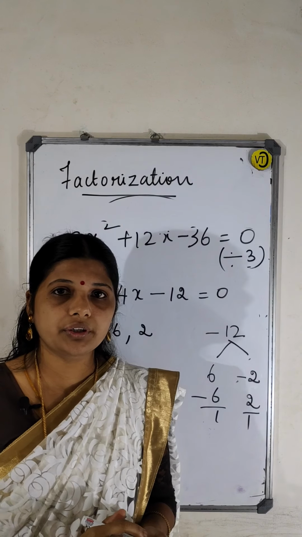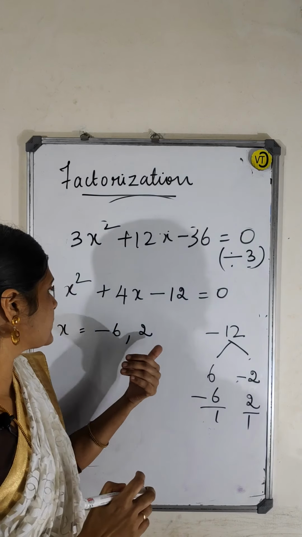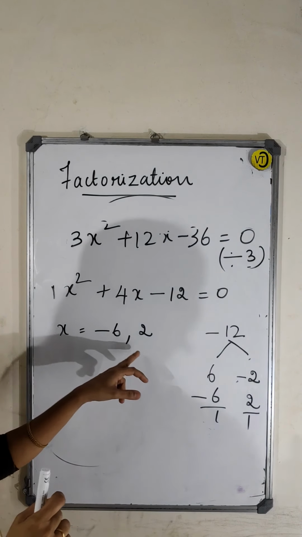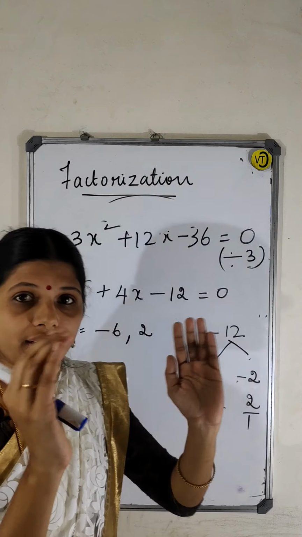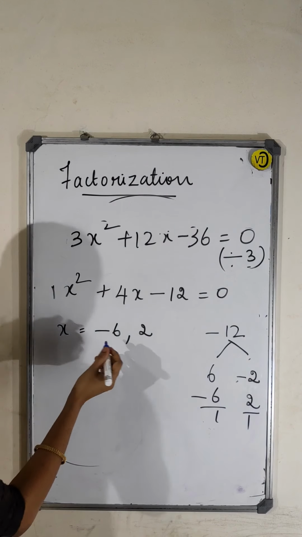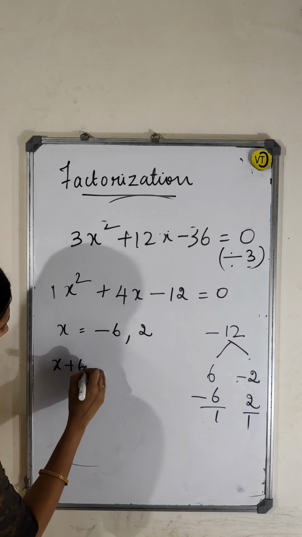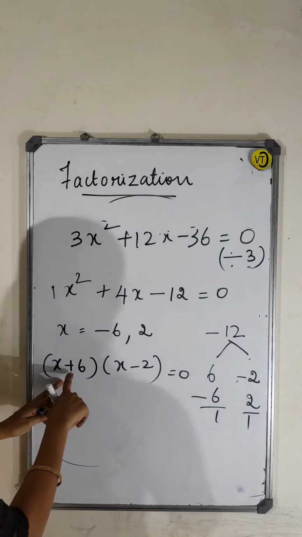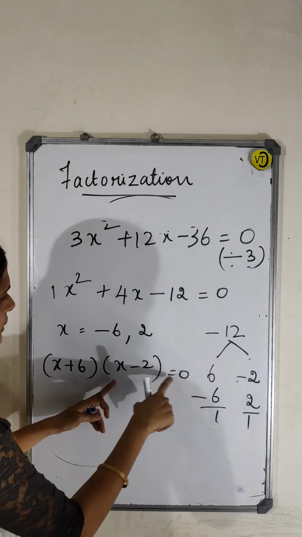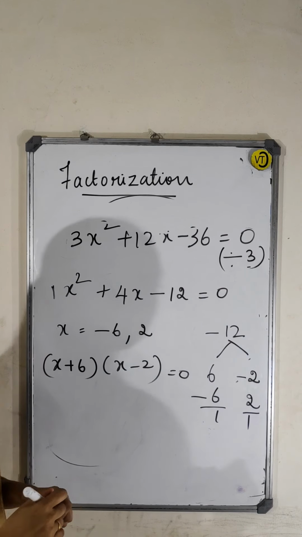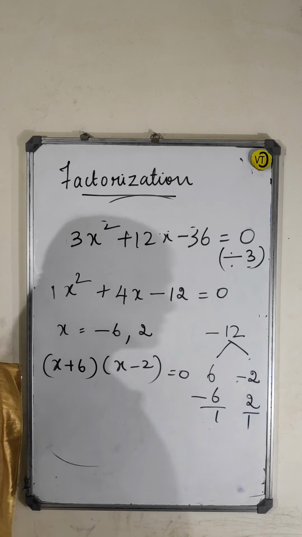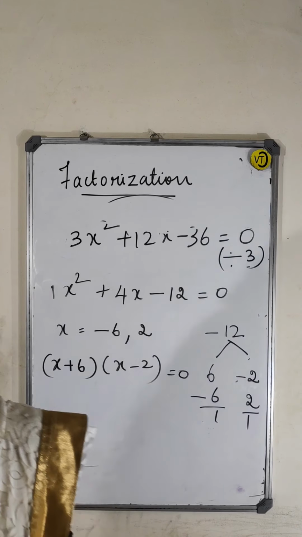Okay, one more thing I want to tell you guys. Here only the zeros you are getting. In sense x values you are getting. Right. If you want to get like factors, in sense you have to take it like this, x plus 6 and x minus 2 equal to 0. Then you will be getting x is equal to minus 6, x is equal to 2. Easy, right? Factors means this is and x value means this is. Yeah. Then the last sum.